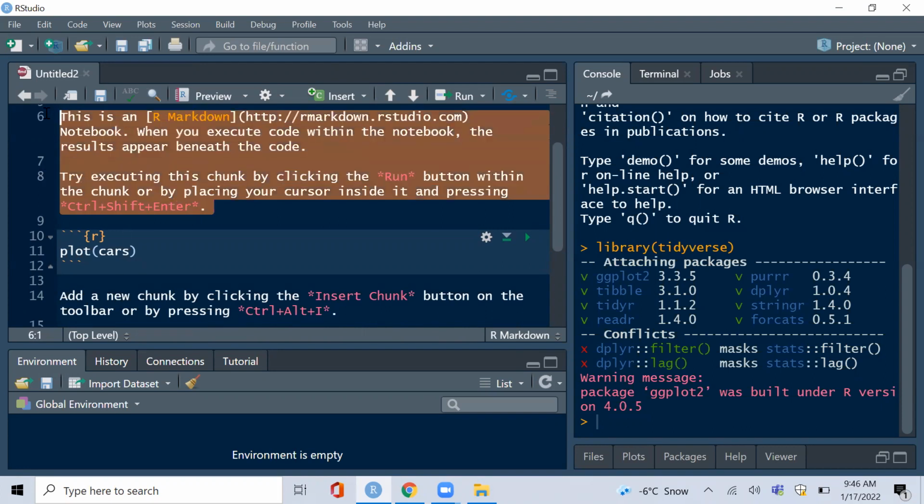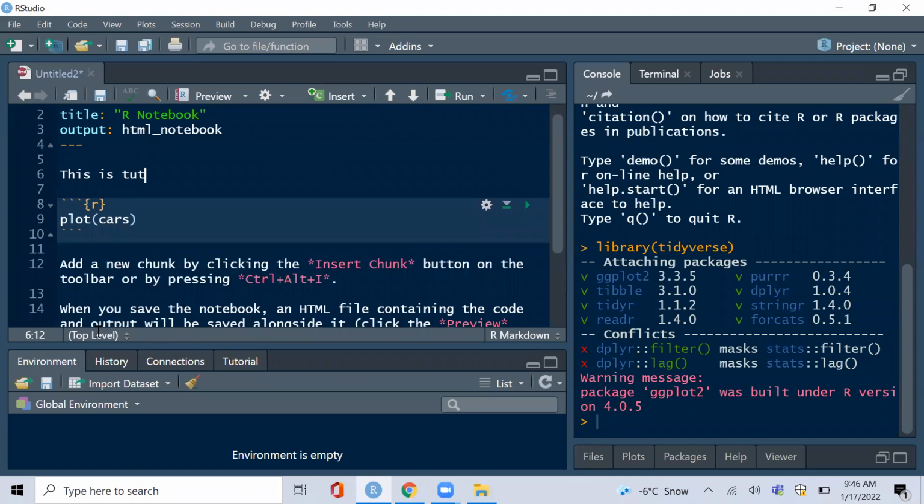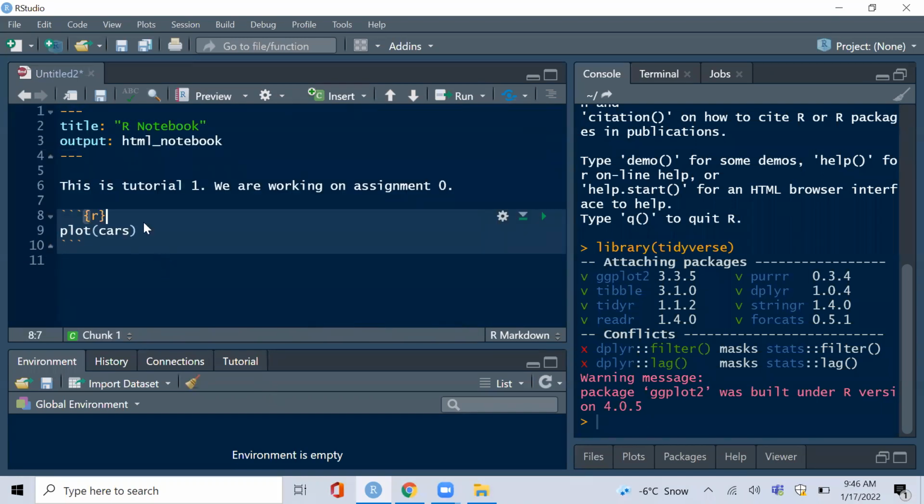So this part here, if I want to erase this part and just write, this is tutorial 0, or this is tutorial 1, we are working on assignment 0. You will see that I'm writing outside the chunks, basically, right? So if I just erase all this stuff and I just